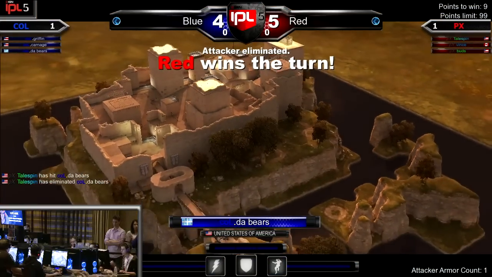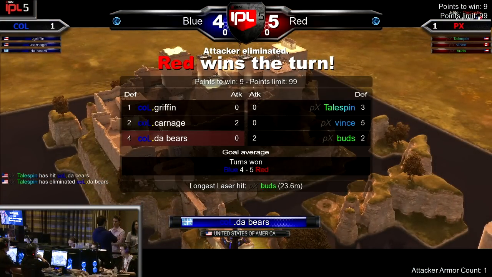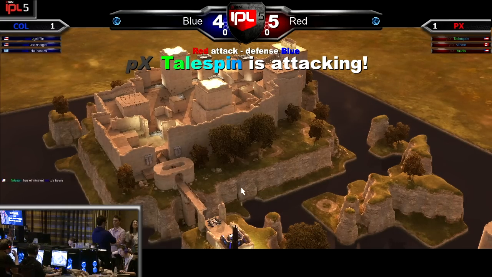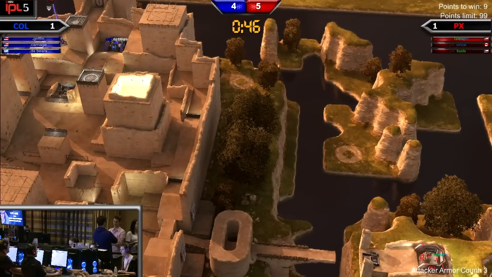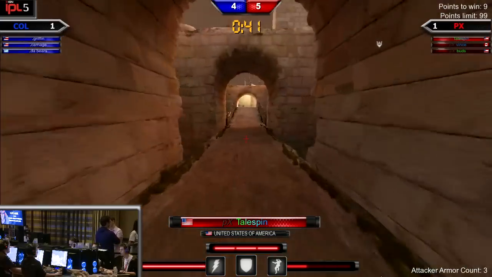Yeah, and you can see at that point in time, he really had no other choice but to try and move in and cap it, because he wasn't going to be able to get the lasers out in time. Tailspin attacking for Planet Express, and we could see a lot of intensity from this round here, because Planet Express needs this one, and then they can take the lead,